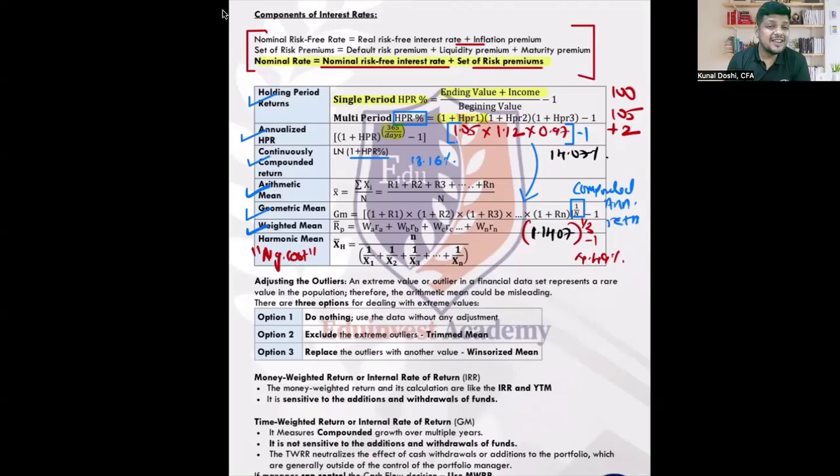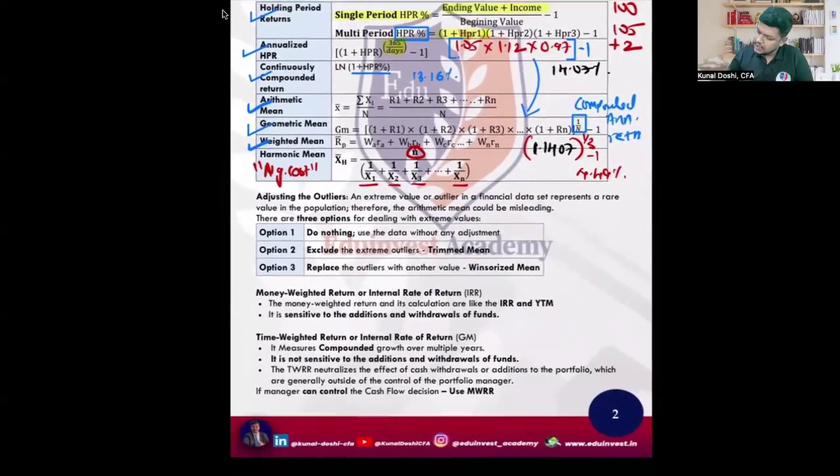So suppose you're going to make 5 investments of $1,000 each in the next 5 months in a stock, so n will be 5 because you're making 5 investments at different prices, which will be x1, x2, x3, x4, and so on. So using this formula, we are going to calculate harmonic mean. How do I calculate this? Can I see an example? Yes, we are going to see an example in a moment. We'll see an example of calculating harmonic mean, and as soon as we calculate it, I'll also tell you the relation between geometric mean, arithmetic mean, and harmonic mean. Is there any relationship between all three of them? We'll see that as well. Got it? Clear?